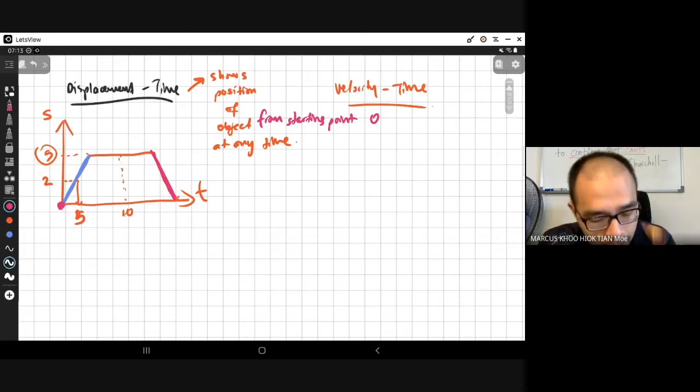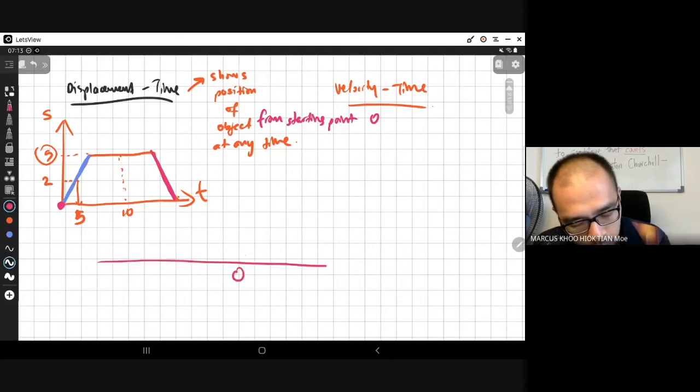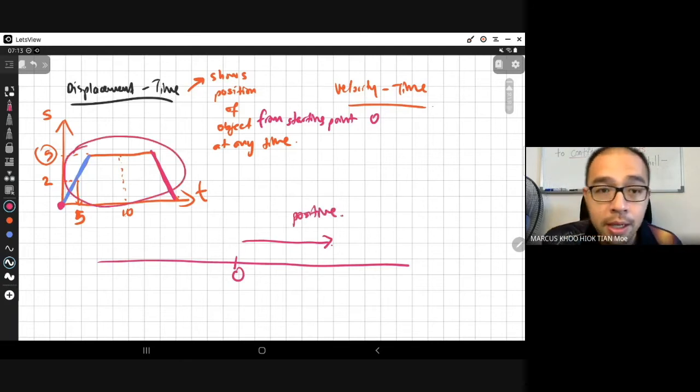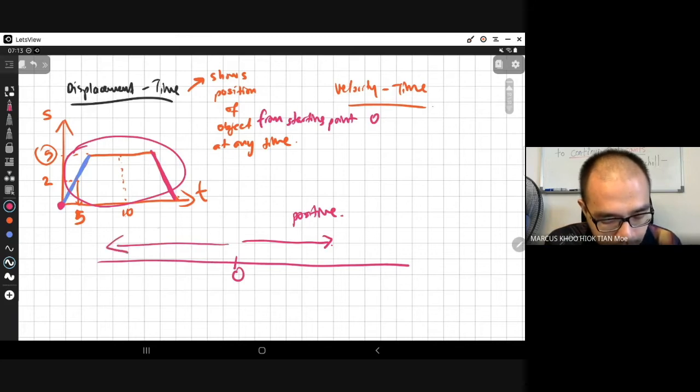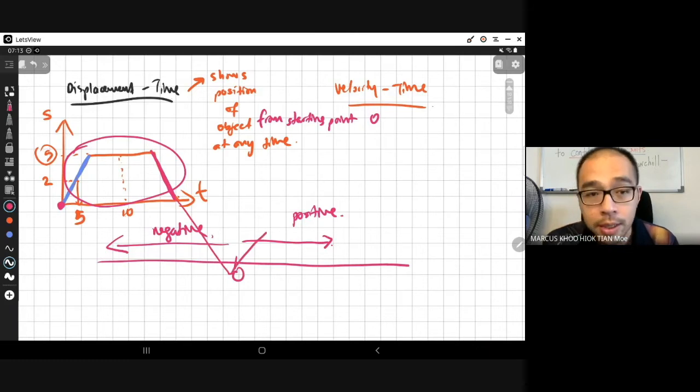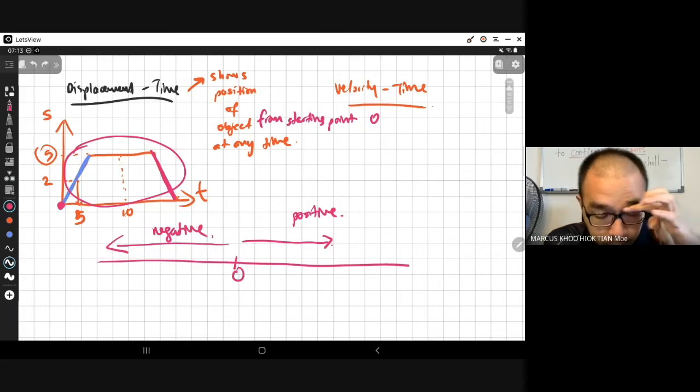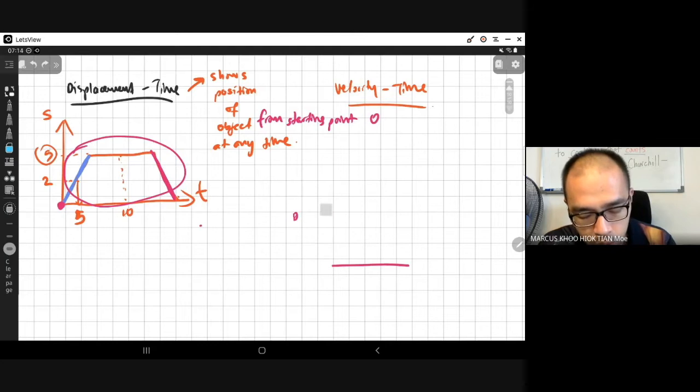Because the starting point O, if this is the starting point O, anything towards the right is positive, the positive part of the graph, meaning the entire position is at the right. And anything towards the left is a negative part of the graph. So it may actually go down here even more, but I'm not going to go there. So when we understand what the displacement time graph means, it helps us to visualize the